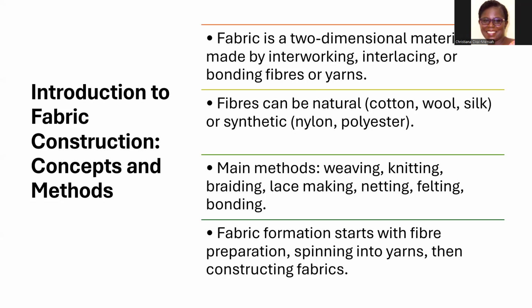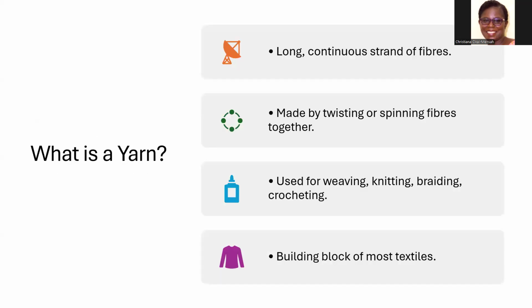So fabric formation starts from preparing the raw material, that is the fibers, spinning them into yarns. Then after that, we can get the yarns to construct our fabric. So what is a yarn? We can say that a yarn is a long strand of fibers twisted or spun together,